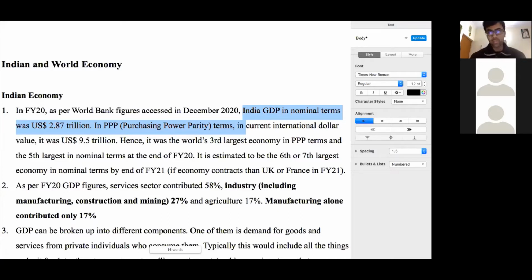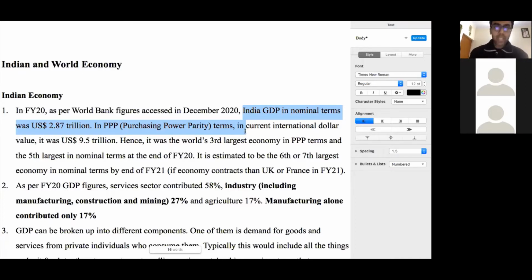But then, of course, there are other factors, because the median incomes or the average incomes that a person earns are much higher in the US, nearly 8 to 9 times higher, even 10 to 12 times higher than India. So of course, that takes care of the person's expenses.